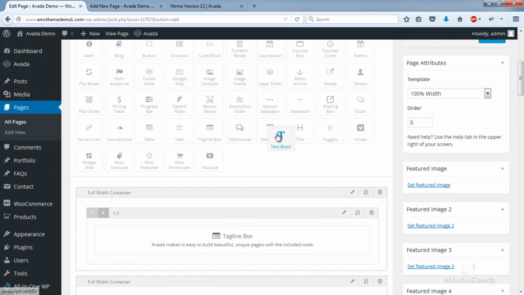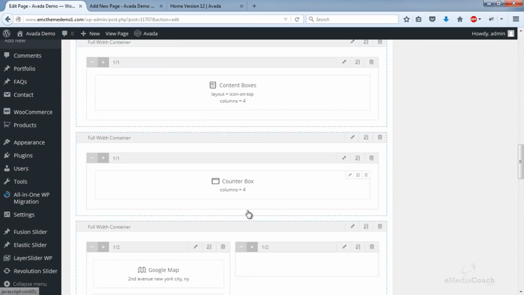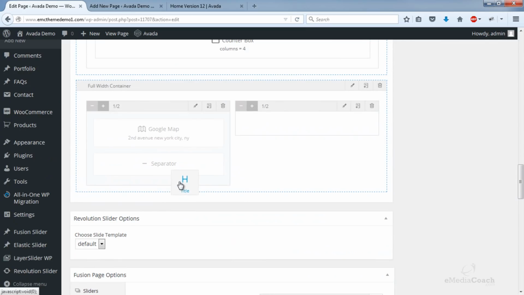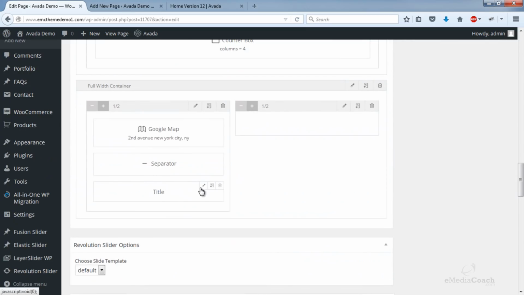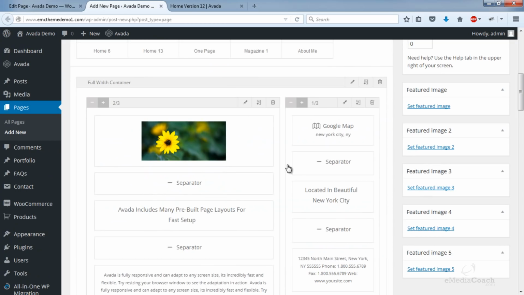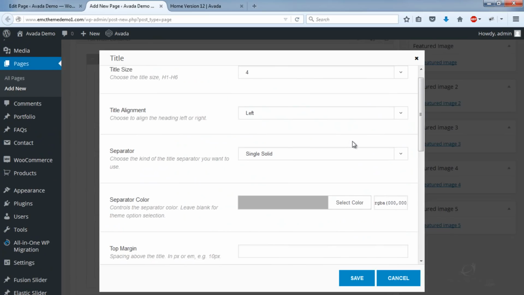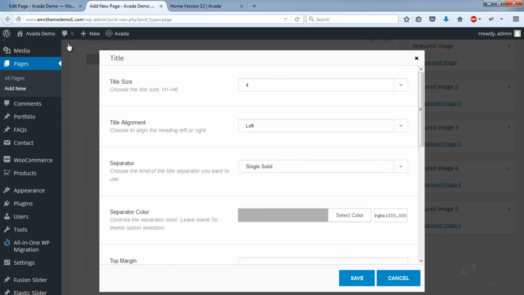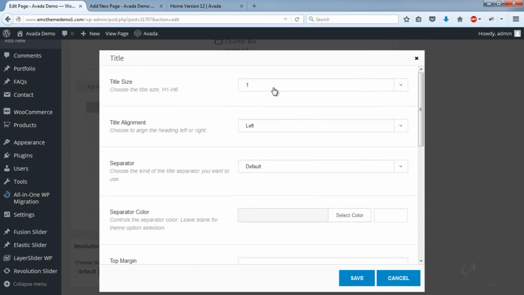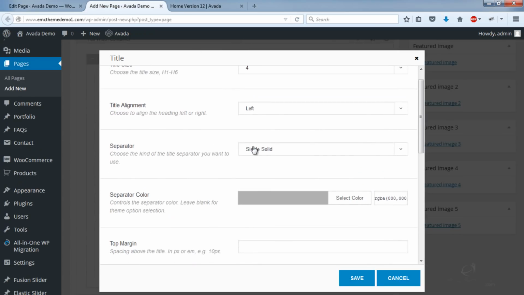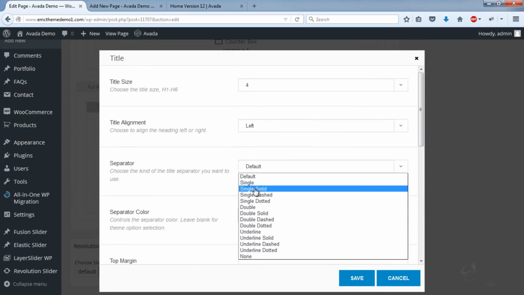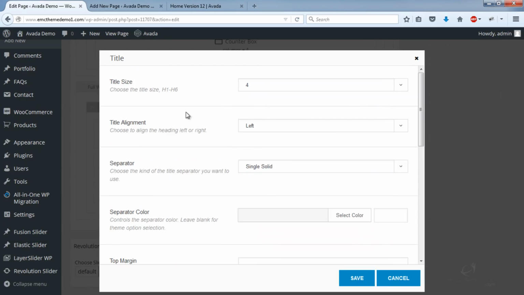Actually, I'll add a title block. It's not a text block, it's a title block. And the size is an H4, which is smaller than an H1. You can choose the type of separator you want. A solid line or a dashed line, it's completely up to you.